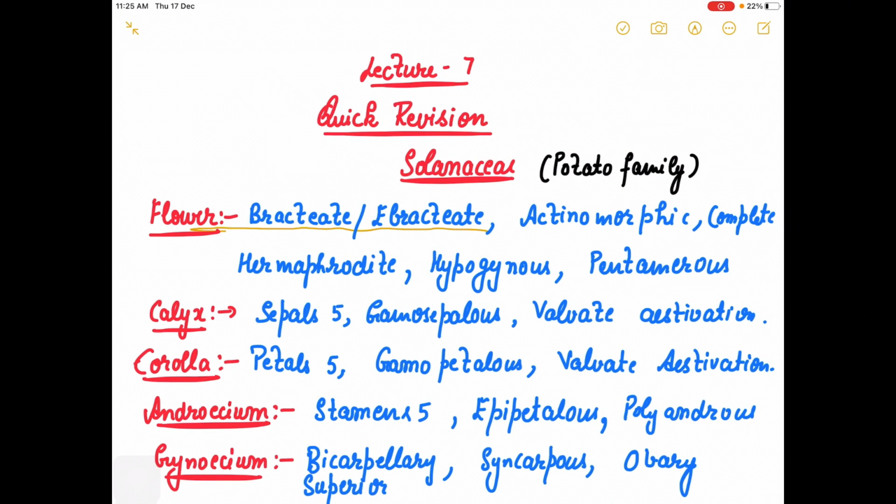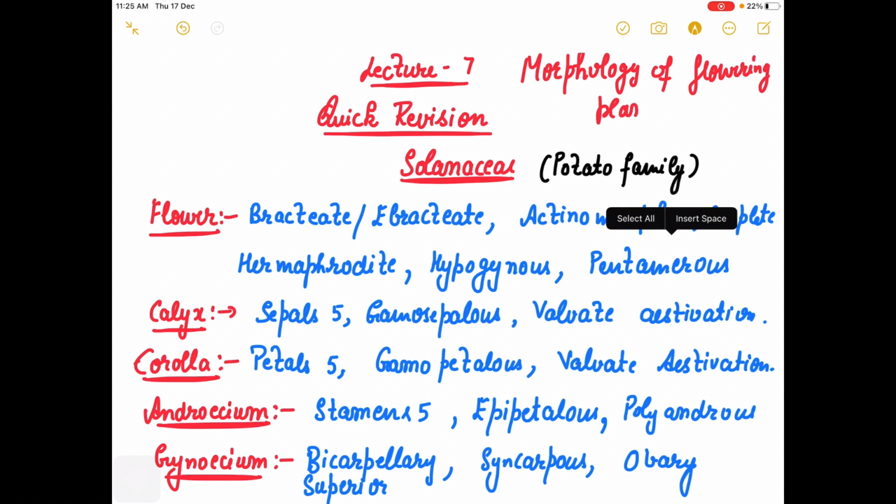So, here we are on our last lecture from the chapter that is morphology of flowering plants. Last lecture means I have covered everything which you need according to the syllabus prescribed for this year by CBSE, right? I am not saying that we have covered every topic which is required for NEET also, that we will cover in between after finishing our syllabus, right?